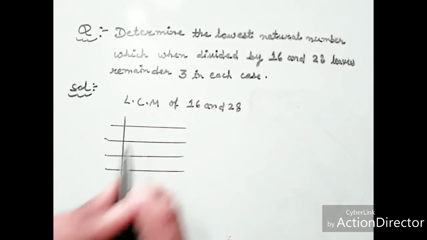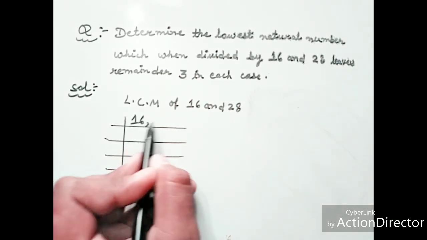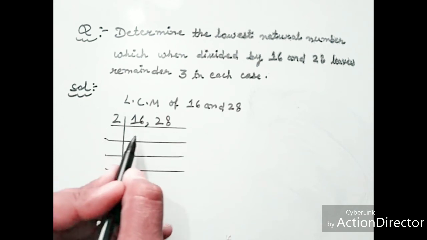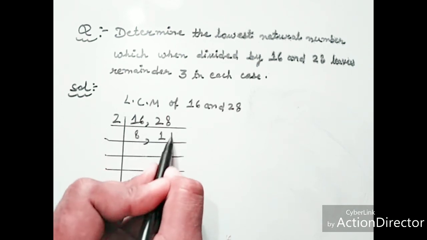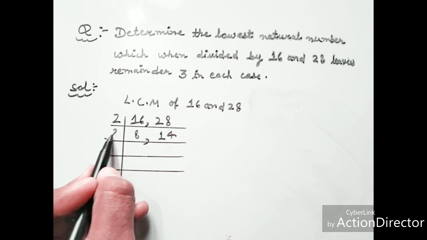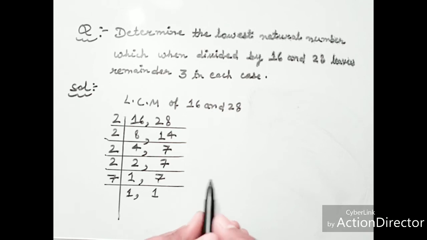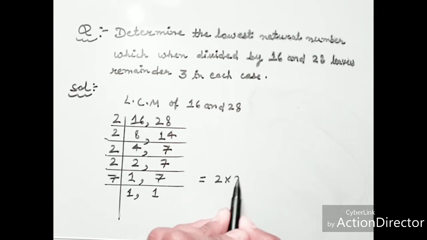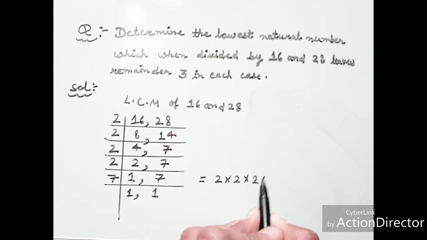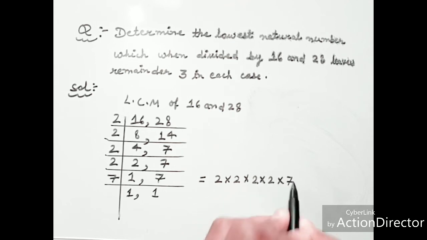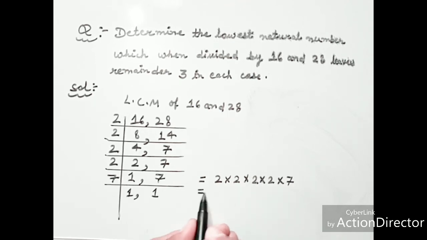Now 16 and 28 divide by 2. 2 8s are 16, 2 1s are 2, and 2 4s are 8. Now again divide by 2, divide by 7, 7 1s are 7. So the LCM of 16 and 28 is 2 multiplied by 2 multiplied by 2 multiplied by 2 and 7, and we get 2 2s are 4, 2 4s are 8, 2 8s are 16, and 16 7s are 112,